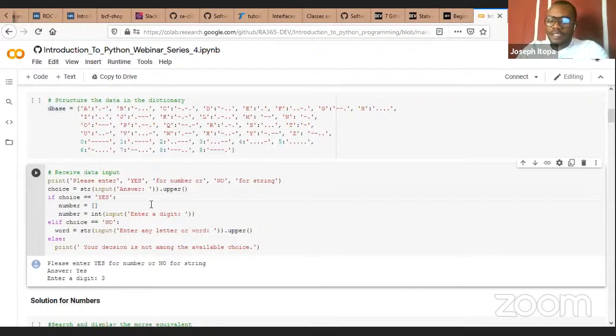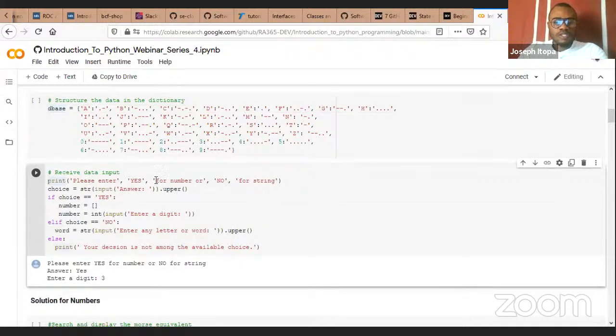However, we can actually handle this using methods or functions and classes. But then we have to keep it very simple for our students to understand, since we have not taken them deeply into classes, though we've introduced them to methods and functions about 2 weeks ago. So here we just basically